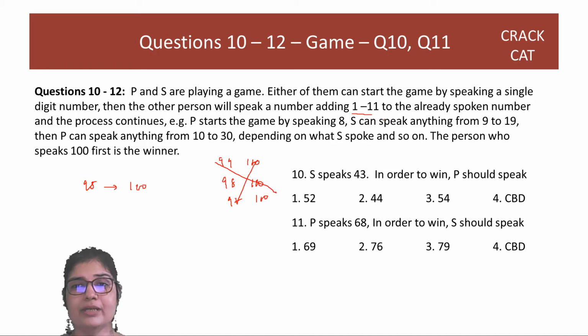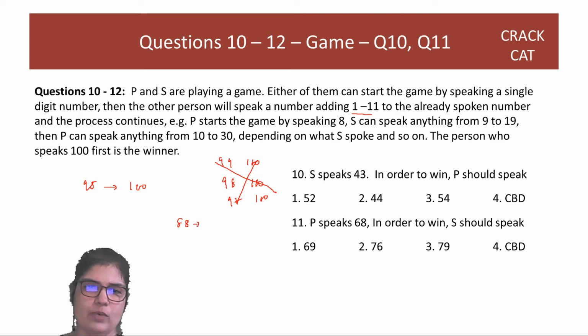I need to ensure that whether he adds 1 or 11, he will not reach 100. So the number that I need to say is 88. Because at 88, if he adds 1, he won't reach 100, and if he adds 11, he still won't reach 100. And the beautiful thing about 88 is that whatever he adds, I can add the complement of that to ensure